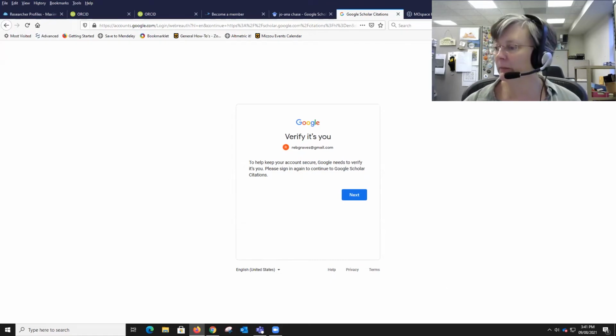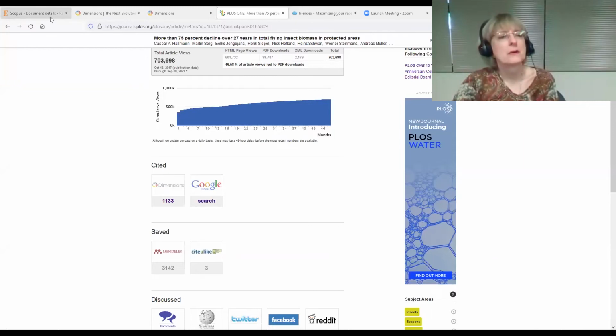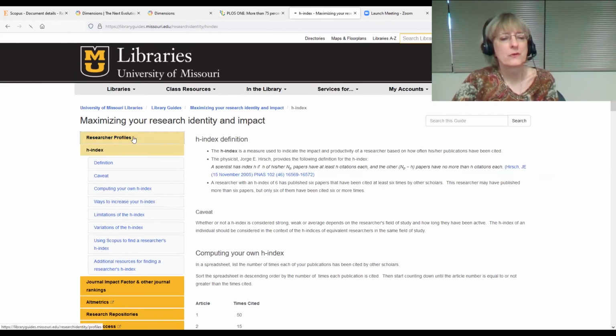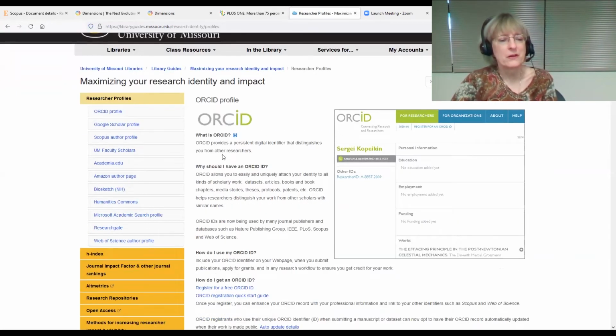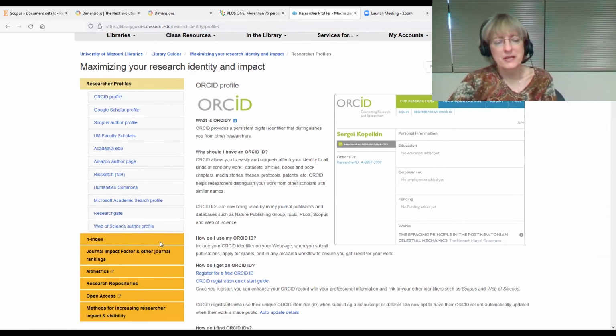So now I'm going to turn it back over to Janice for the researcher ID. Well, I really am not going to say too much about the researcher ID. Let's go back to all the researcher profiles. There's quite a few on here, and I'm actually not sure I even put researcher ID on here. Oh, I need to change the name. Web of Science